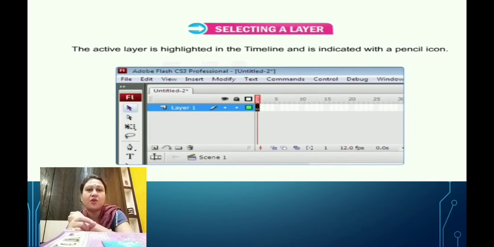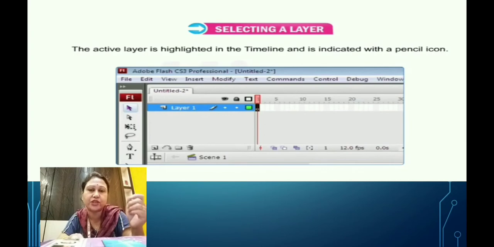That means Layer 1 on the screen is highlighted, so that becomes the active layer. And how can you know that that is the active layer? Because you can see a small pencil icon just beside the Layer 1 name. So that pencil icon indicates that that particular layer is activated. Activated means you are drawing any object on that layer, or you are coloring, or you are doing any modification in that layer.